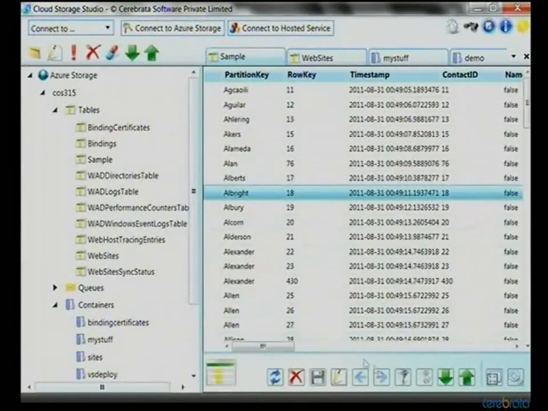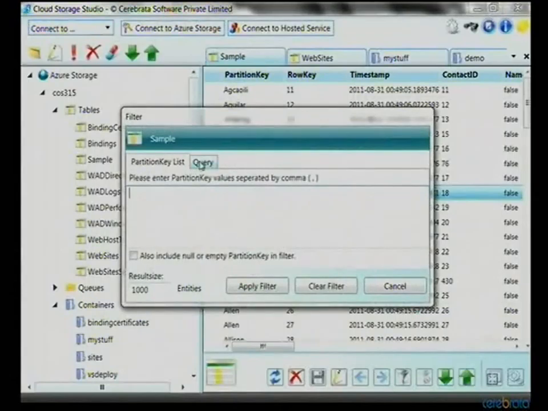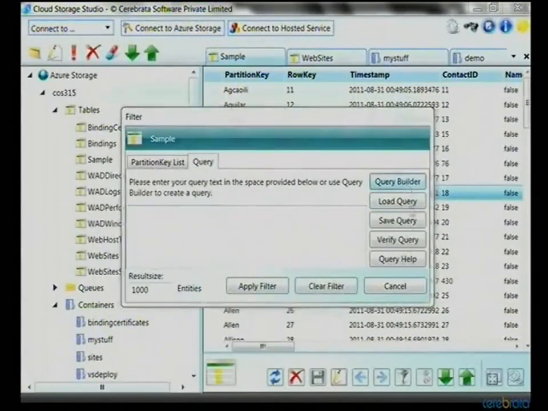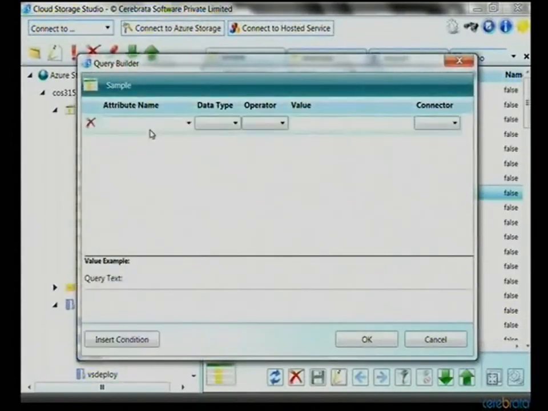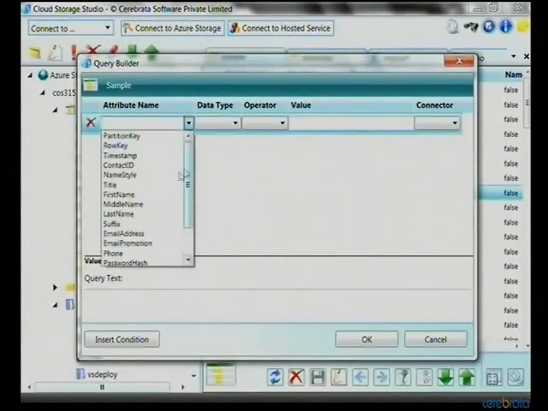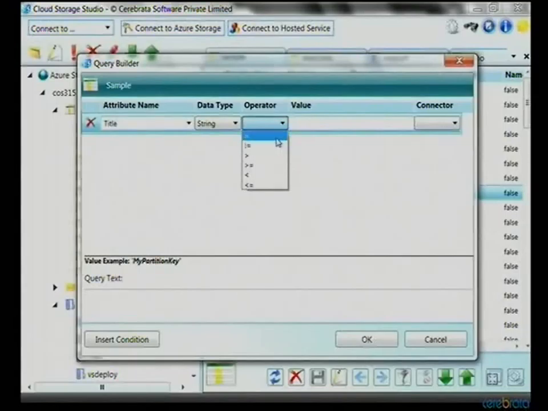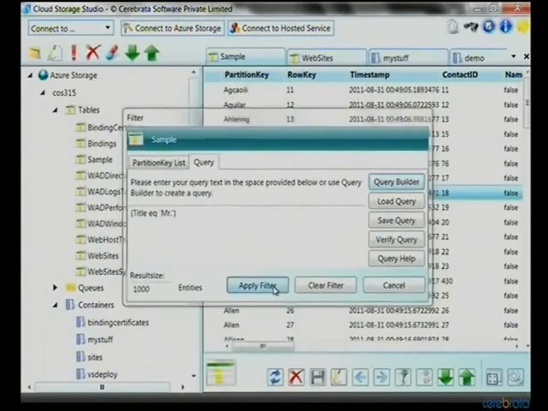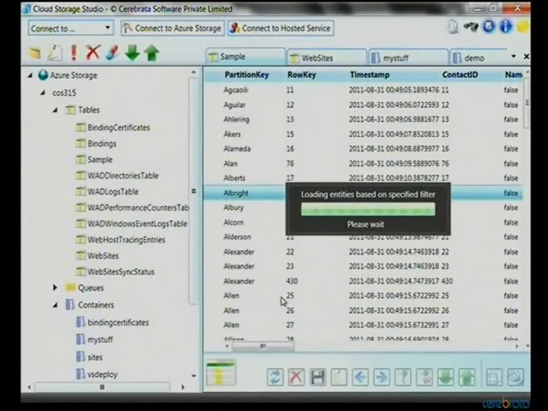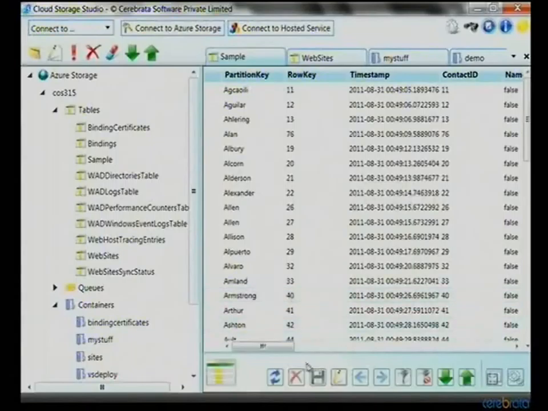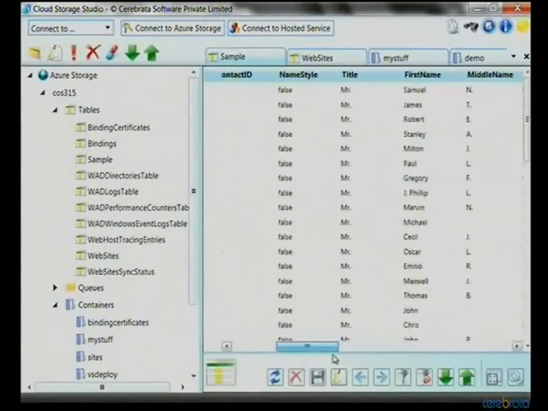And if I wanted to do some filtering, I can click on filtering and say, you know what, I want to use a query builder, and I want to make sure that the name's title is equal to, let's say, Mr. And it'll basically apply that filter on the data, and it'll display the results.